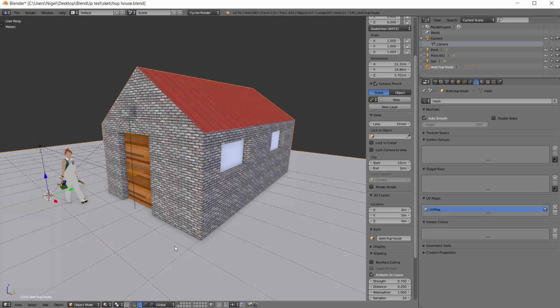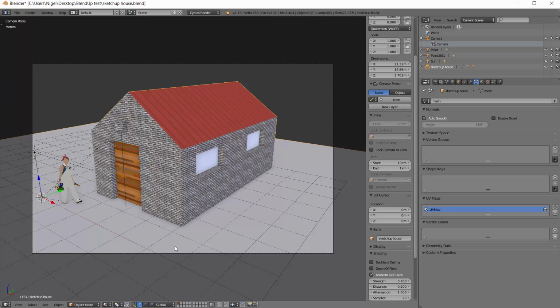Let's remind ourselves that when we do the final render in Blender, it will be from the camera's point of view. We can see through the camera by pressing 0 on the number pad, so that'll be this view right here. Doesn't look too bad. I'll go ahead with the final render